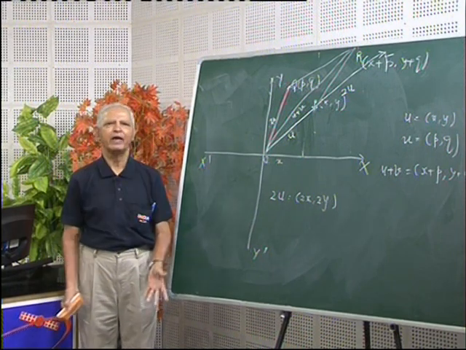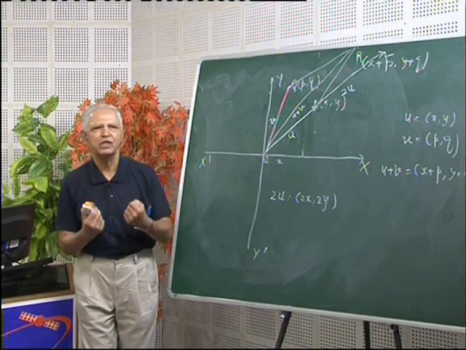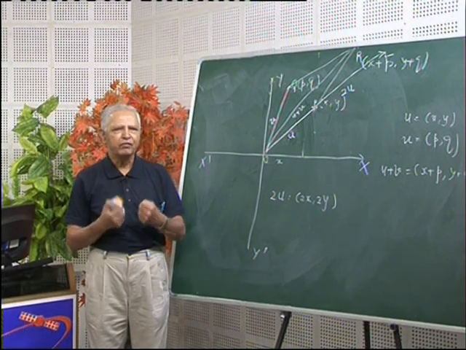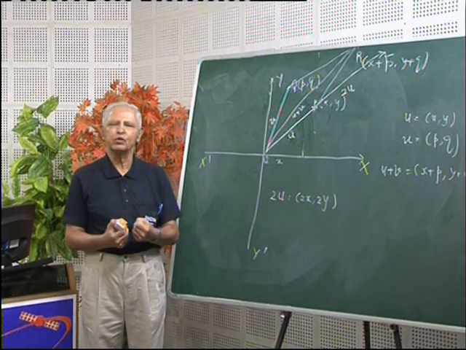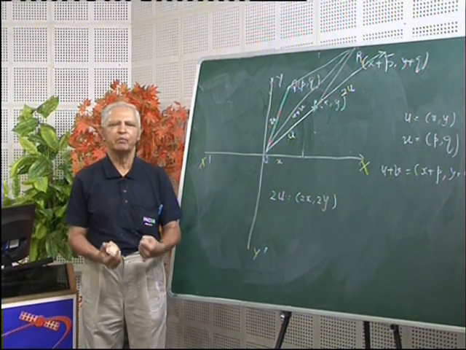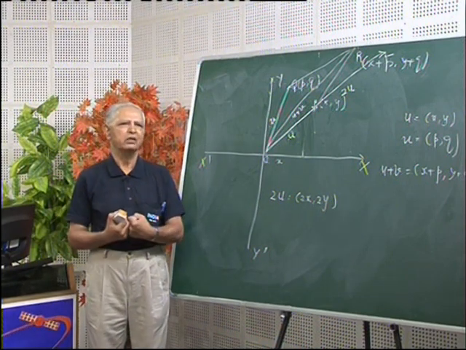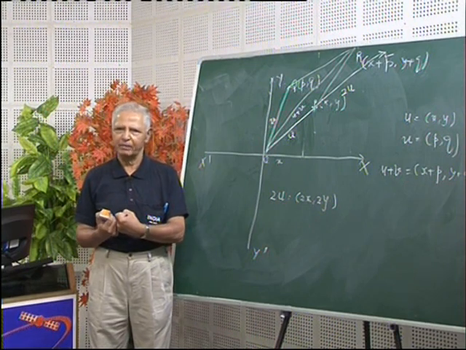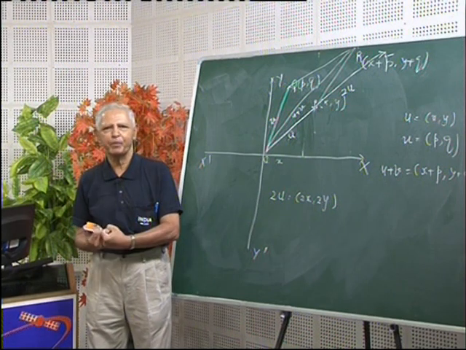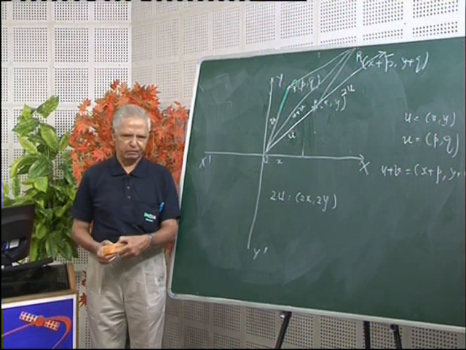So, in the study of vector spaces also, we are interested in some special subsets of a vector space. Here we want to study those subsets of a vector space which themselves become a vector space under the same operations of addition and scalar multiplication, and such a subset is called a subspace of a vector space. Let us see on the screen.